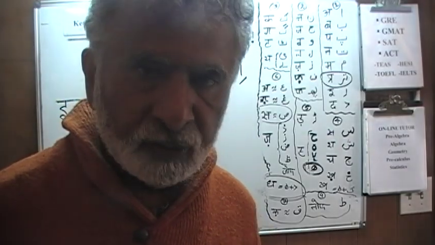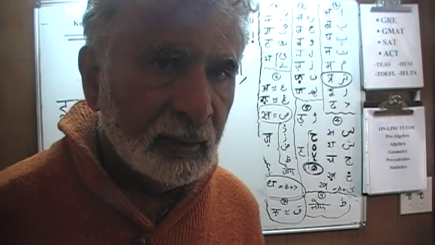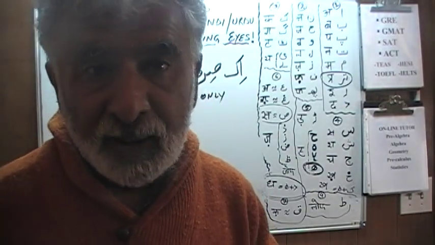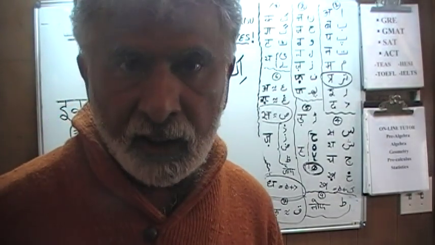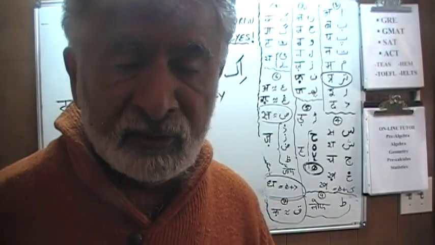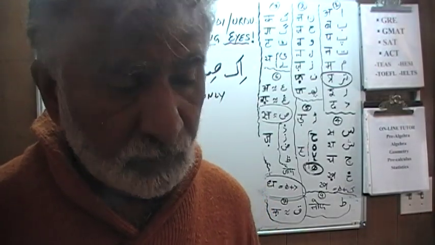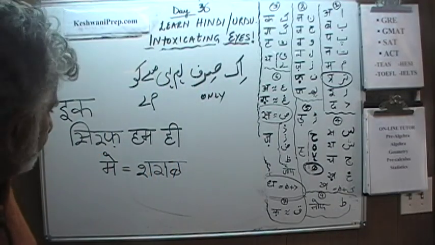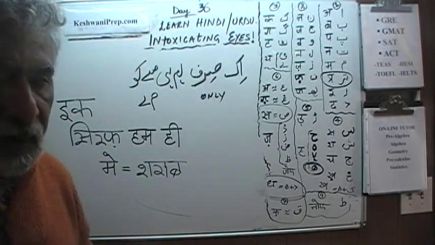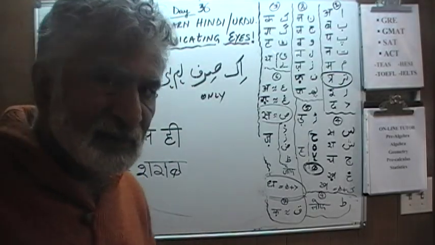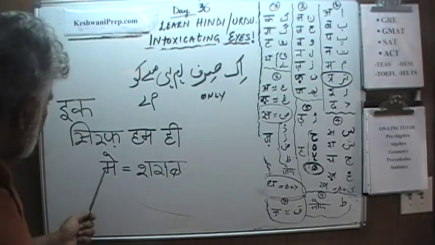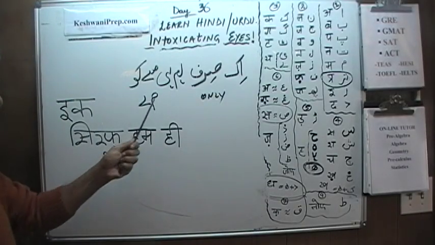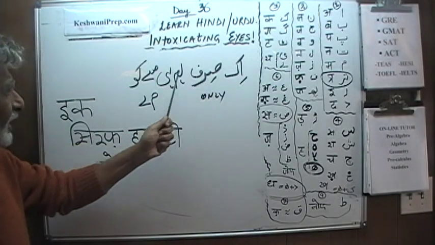There are many words in Urdu with the suffix khana, which means place of. Mekhana, Jamaat khana, where people meet. Pekhana, I don't know if you understand what pekhana is. Pekhana is a bathroom. If you were to go to the bathroom, you say, mujhe pekhane mein jana hai. Mekhana, pekhana, Jamaat khana, there are many khanas. It just means a place of something. The me means sharab, alcohol. एक सिर्फ हम ही